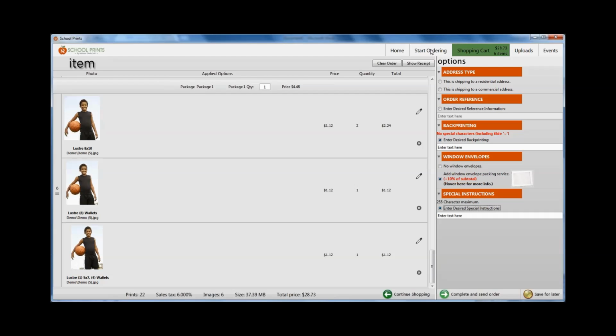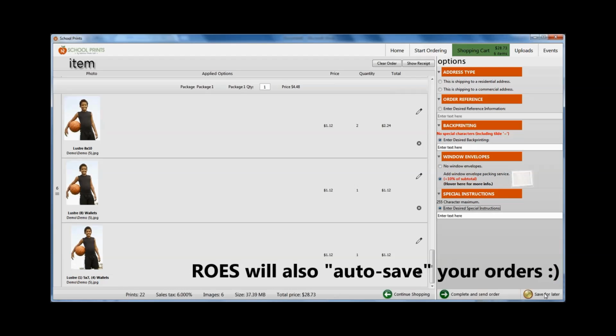We also do free shipping on orders exceeding $55. So definitely keep that in mind when you're placing your orders. Try to combine as many teams or classes as you can to get that free shipping. And the rest is pretty self-explanatory. You would just complete and send your order by checking out. We do have a save button if you wanted to save your work and come back later to